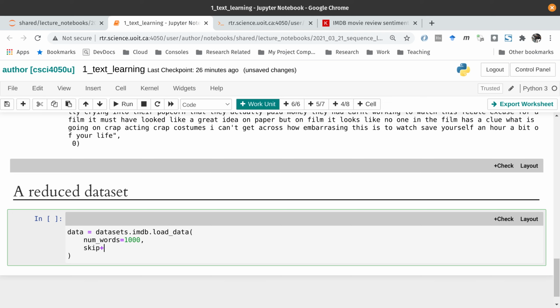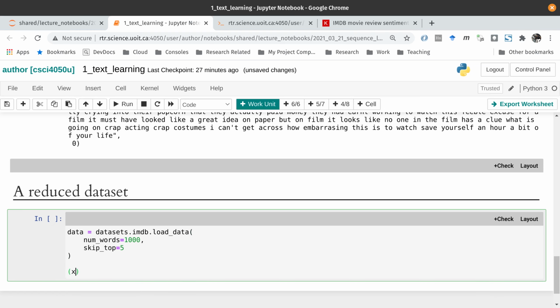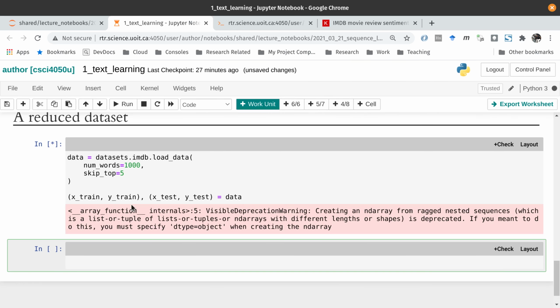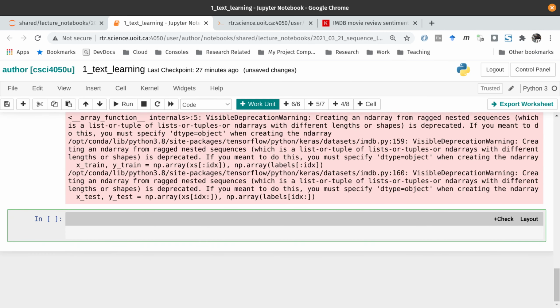And we're going to skip the top 5 words, and that's it. Okay, so then we'll have X train, Y train, and X test and Y test equal to data. So this will load the reduced data set, and let's try to decode